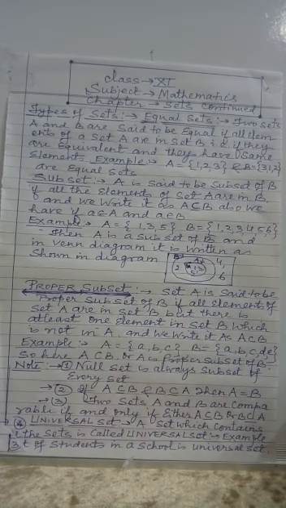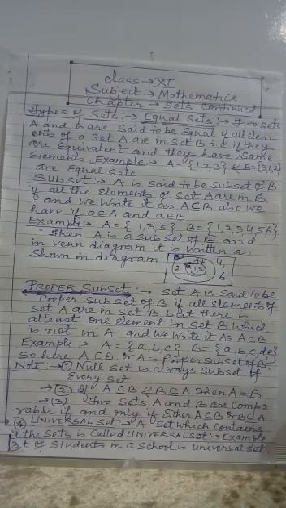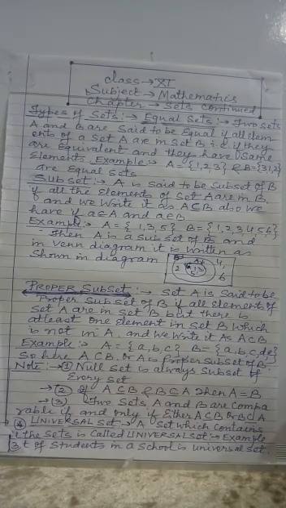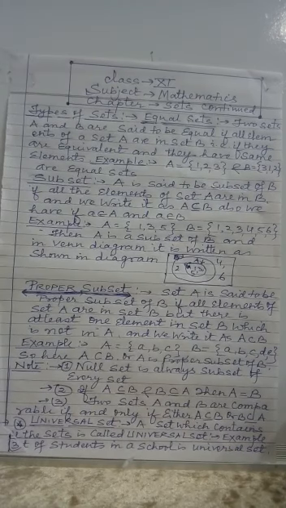Then the next type of set is subset. A set A is called a subset of B if all the elements of set A are elements of set B. Then we write it as A is a subset of B. I have written the symbol symbolically. As you can see, between A and B there is a symbol, that is the symbol for subset. Or also we have, if x belongs to A, then x also belongs to B. An example I have taken here to understand this definition clearly. A equal to the set of elements {1, 3, 5}, B equal to {1, 2, 3, 4, 5, 6}. So here every element of set A is in set B, but the converse is not true.